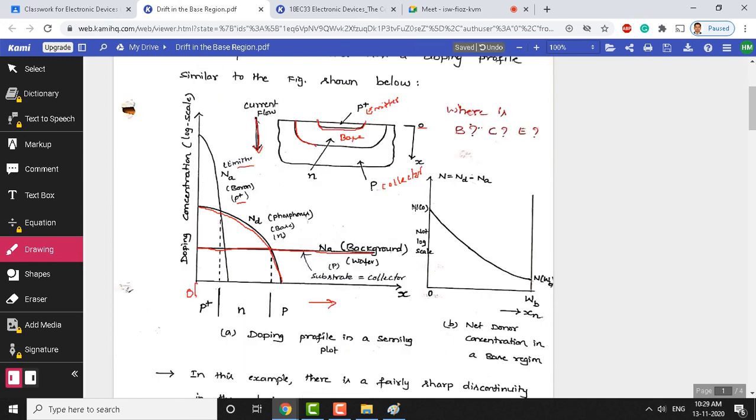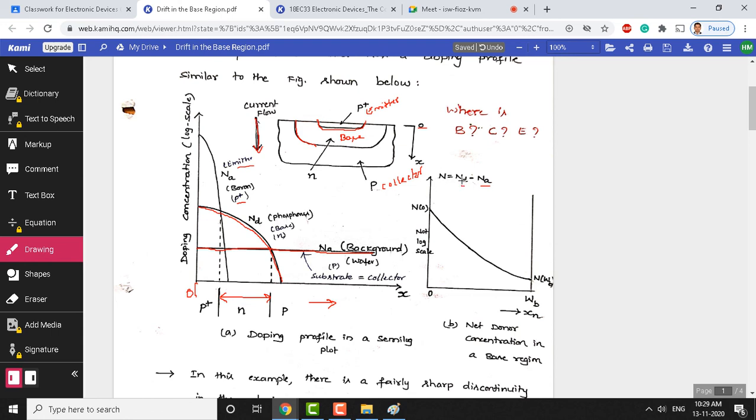And there is again a net donor concentration of the charges within the base region, shown like this. This looks like a Gaussian wave. This is not in log scale. This n represents the difference of Nd minus Na. Nd means the donor ion concentration, Na is the acceptor ion concentration here. The difference of this is shown as a graph here. This is only with reference to the base region. So, within this n region, if you plot the net donor concentration in the base region, the graph looks like this. Its exponential rate keeps decreasing. This appears to be like a Gaussian wave.